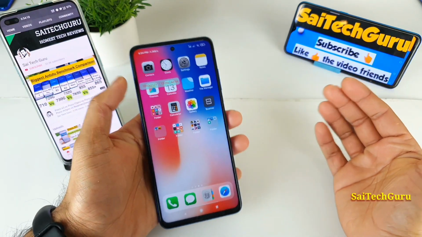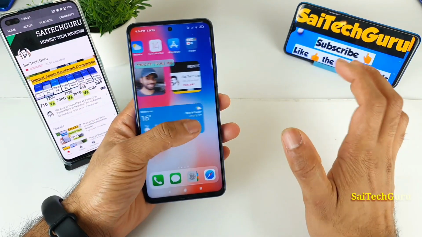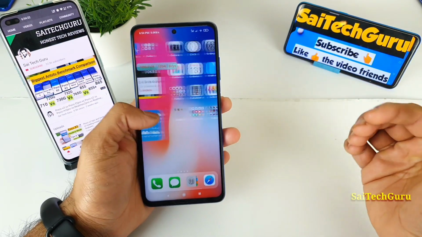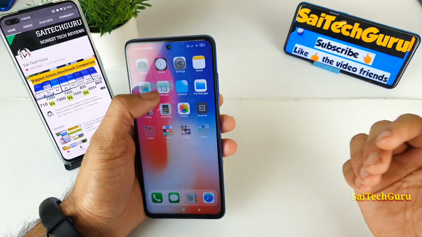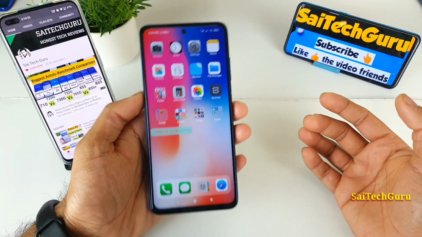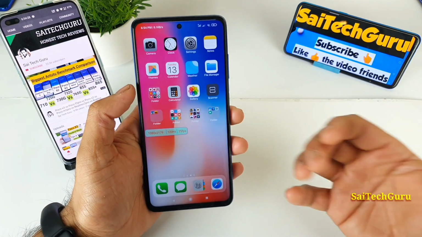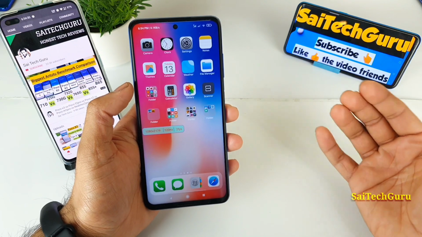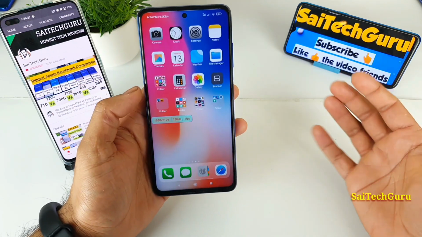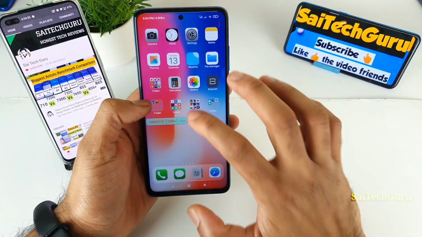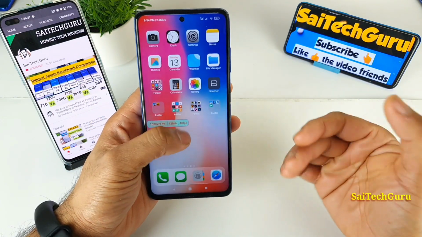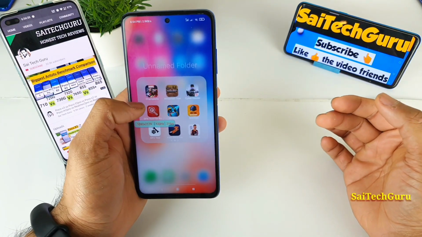Maybe if you find out the exact settings to use, do let me know in the comments below, friends. That will be very helpful for me, and I'll even try to make a video on that as well. So I thought of asking everyone whether you have a solution for this one or not, because I don't have any solution at the moment. I'm trying as many GFX tools as possible to make this work.